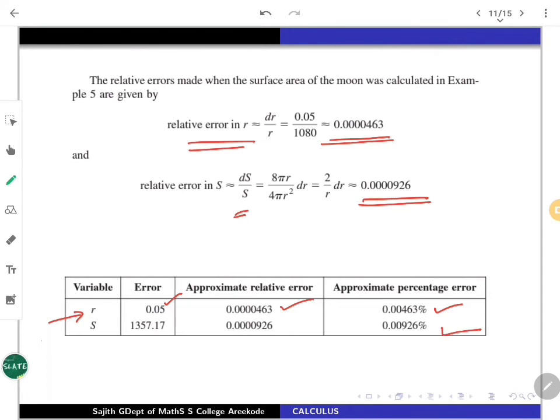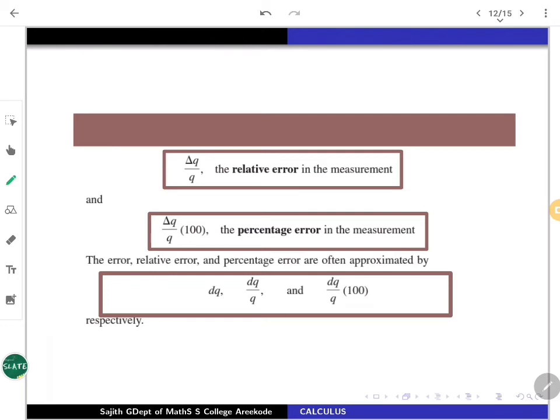So all these quantities are equally important: the error, relative error, percentage error. In any calculations, these kinds of terminologies appear. So we can formally state it. Whenever you are working with a quantity Q, and the error is denoted by delta Q, then delta Q over Q will give the relative error in the measurement. Times 100 it will give the percentage error. So all these three terminologies can be remembered well while looking at real life problems.